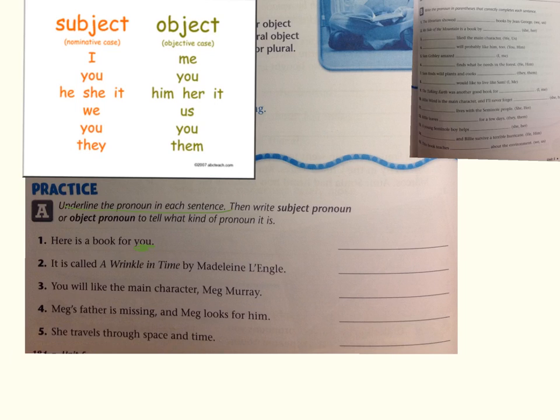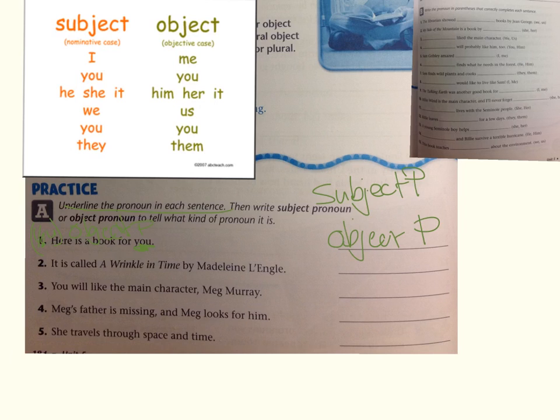And we're going to do subject P or object P. All right, so here's a book for you. This is at the very end of the sentence. It's an imperative sentence, so the subject is actually you, but that's at the very beginning here. That's the you implied. So this you is an object